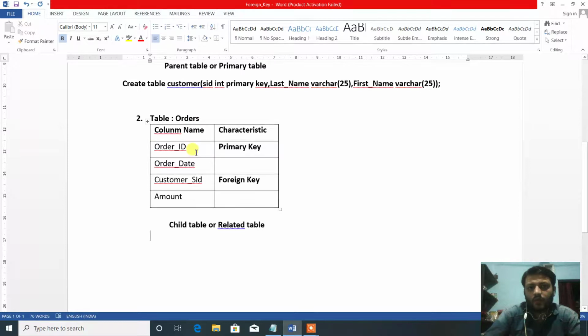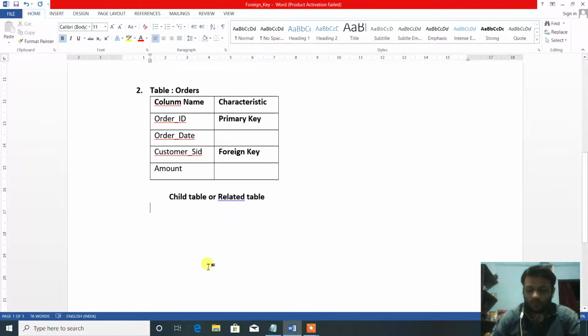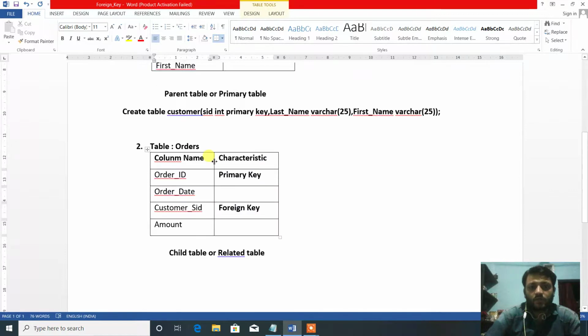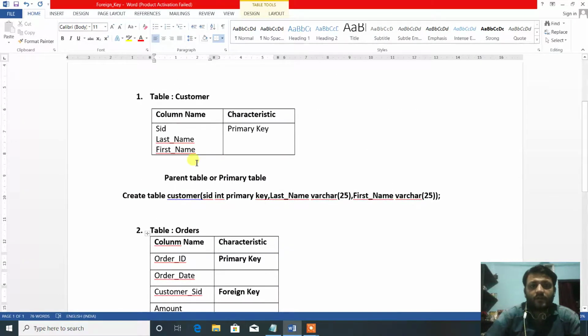Into the order table, order ID is primary key and customer SID is foreign key. Clear? So now we know how to create the foreign key. There, customer ID records will be derived from the SID.